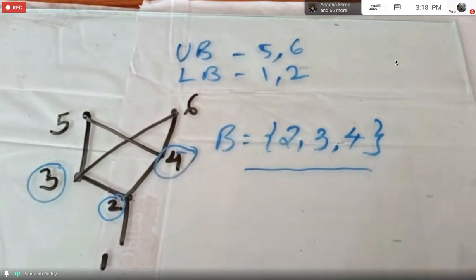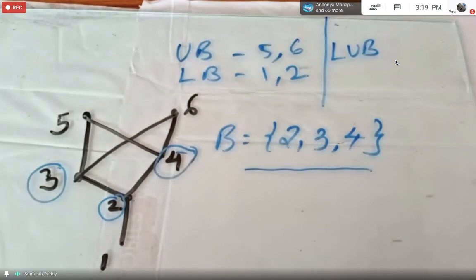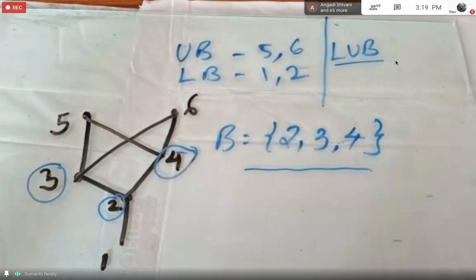Okay, so I was telling you the least upper bound. The least upper bound, as I have told you, is the element that will be one of the upper bounds. See, actually, I'll tell you this way. When you have to find the least upper bound, you have to check two conditions. The first condition is, first of all, it has to be an upper bound element. Correct, right? So among the upper bound elements only, you are trying to find which is the least upper bound. The second thing is, whichever element you are calling the least upper bound should be related to the other upper bound elements. I think I made it clear.